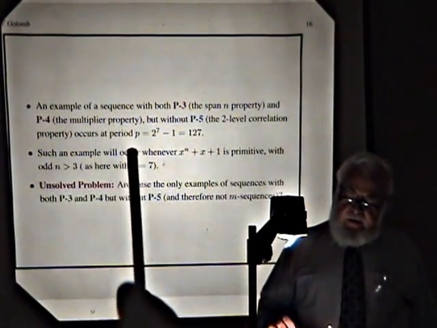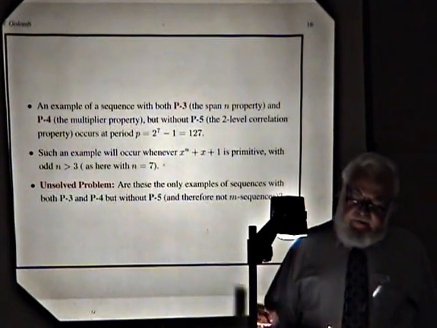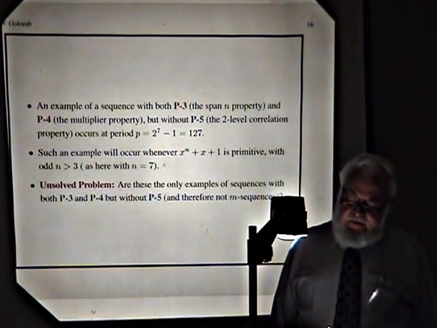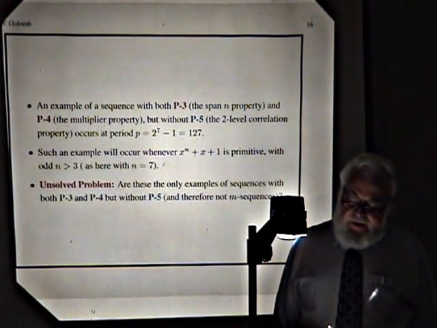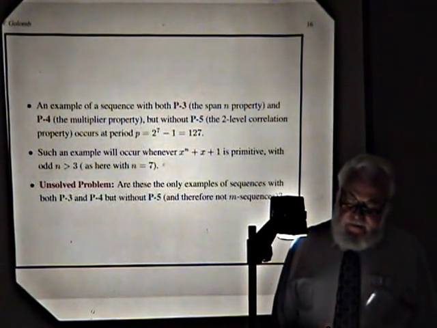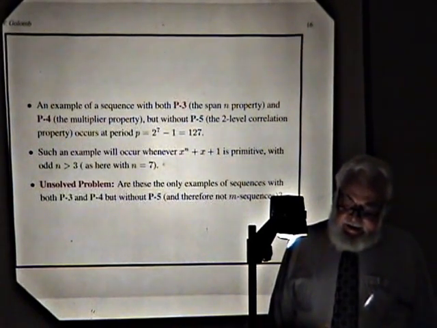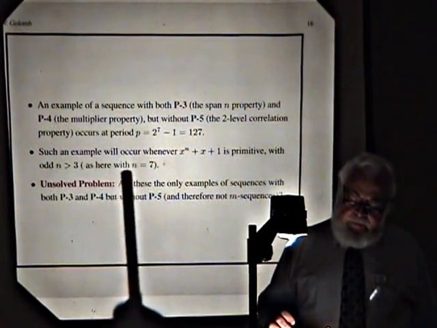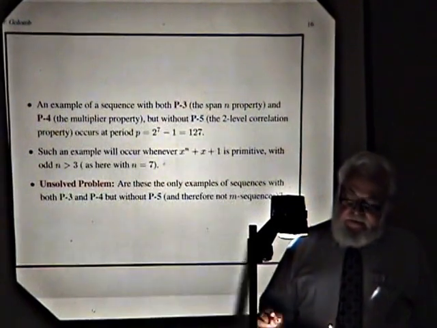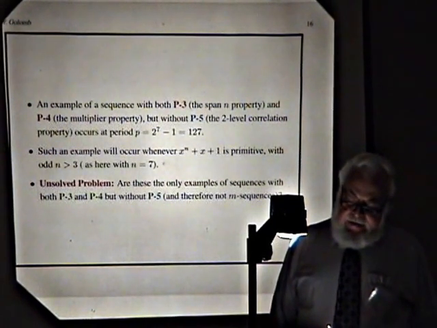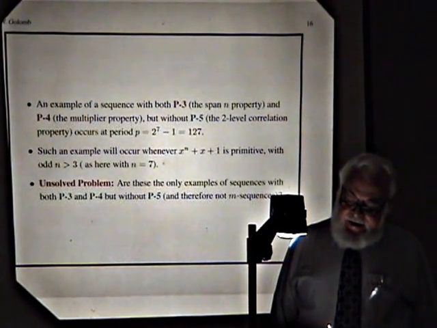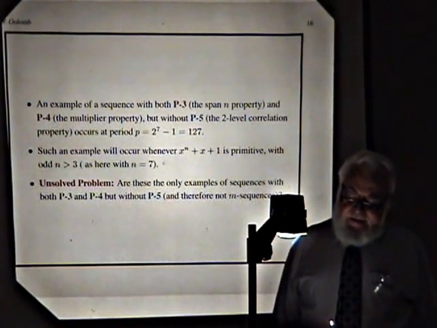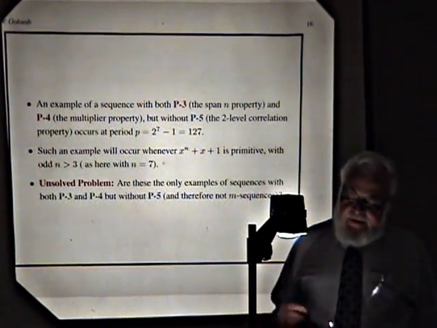And this already occurs at period 127 or degree 7, and this was found empirically in a search that was done by a former doctoral student of mine, who searched all of the possible sequences with the multiplier property of period 127 and found that in addition to the 18 m sequences, there were 2 additional